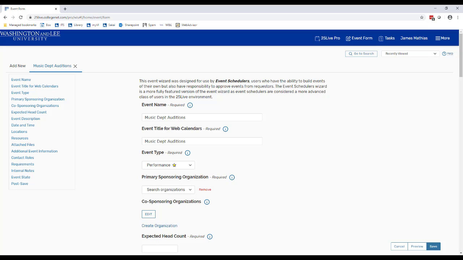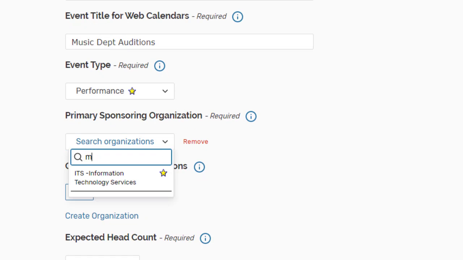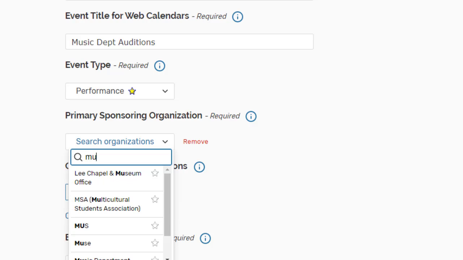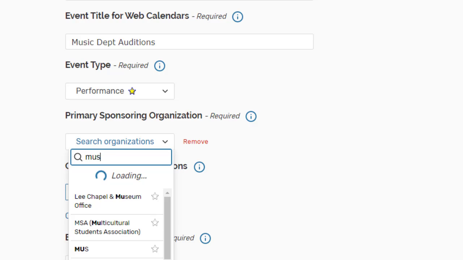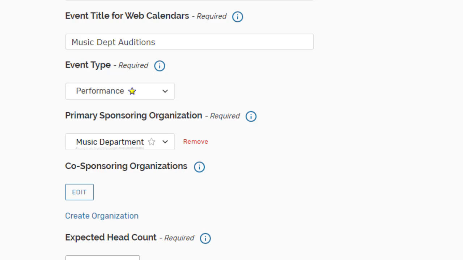This could be a department in the university or a student organization. This field is a search field, but starred organizations will appear. The event is sponsored by the music department, so I will search by entering music. As you enter characters, the list displays results. After I've entered MUS, I see music department. I click to select it, and because I want it to be a starred favorite, I click the white star